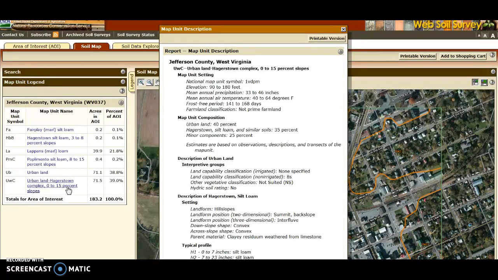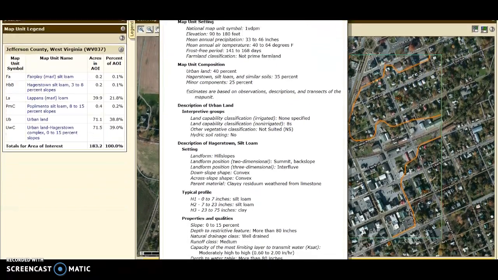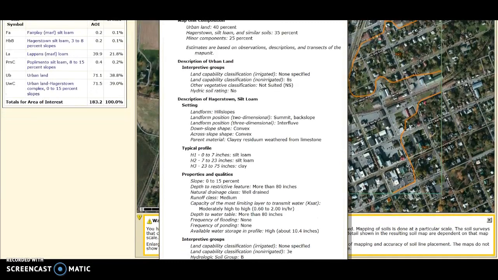And as we scroll down, we can see different information. For example, right in the middle there's frost-free days, so somewhere around 150 days per year. It's not prime farmland. 40% of it is urban. And as you scroll down this particular information, you can also see typical soil profiles. So this is from the soil surface. Horizon 1 goes down 0 to 7 inches, and it's a silt loam soil texture. Below that, H2 is 7 to 23 inches, so down to 2 feet or so. And we also have a silt loam. And then below that is a clay, so 23 to 75 inches,